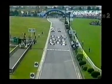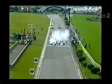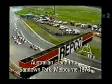Pole position, John McCormick, Graham McRae alongside him in the black McRae GM2. And there's the flag, flagged off by five-time world champion. And look at that as the cars snake away from the grid. And it's McRae who grabs the lead, and coming up quickly on the inside there was John Davis, who slotted